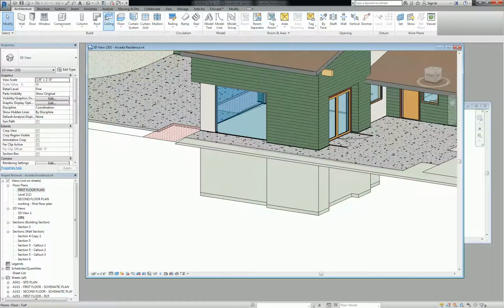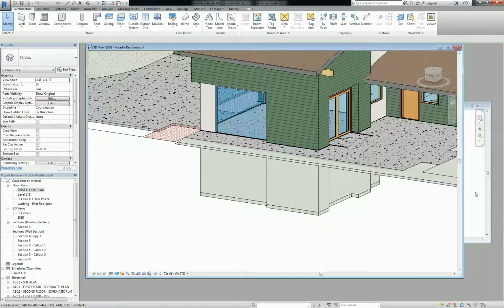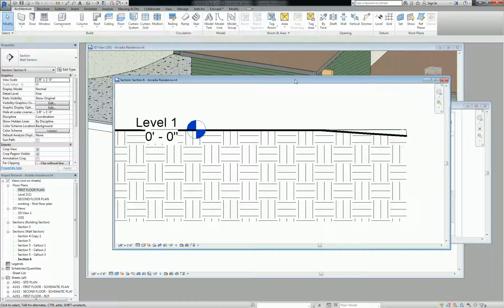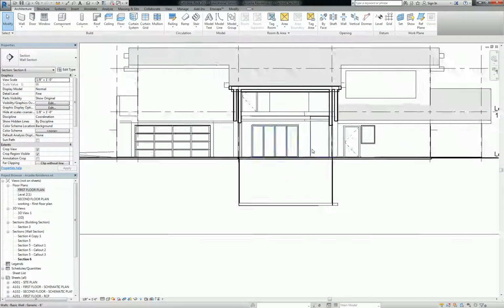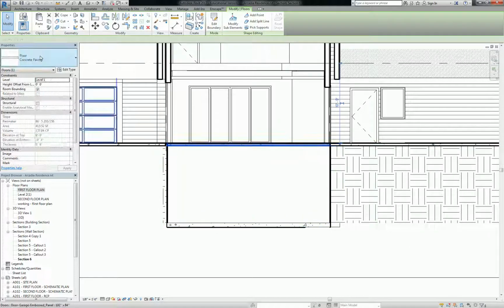I'm going to create a quick floor. You guys don't have to do this, I'm just doing this to show you. Paste, align to selected levels, Level 1. Check. Boom. Go to section. So now we've got a space with a basement. Okay, this actually probably would be more like